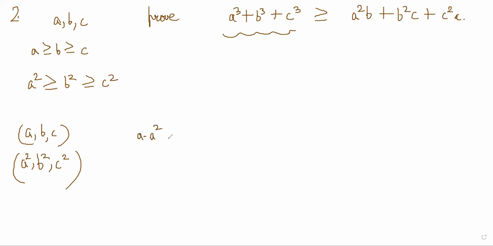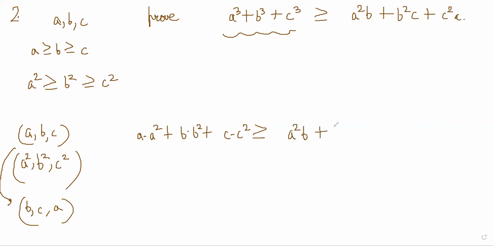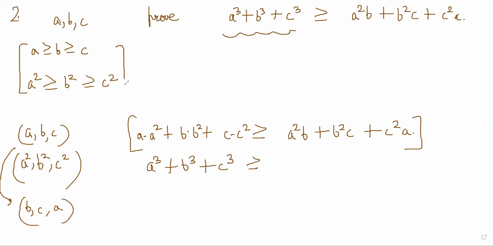So it will be A into A square plus B into B square plus C into C square, which should be greater than or equal to what we get if we multiply them in some wrong order. What is the wrong order? We permute this sequence and call it BCA. If we multiply in any rearranged order, we should get A square B plus B square C plus C square A. So it is immediately proved. You get it in one step if you're able to think of the sequences which follow a similar orientation. If the ordering of the sequences is similar, then rearrangement quickly gives you the answer. You don't need to do anything else, right? So this is how it works.